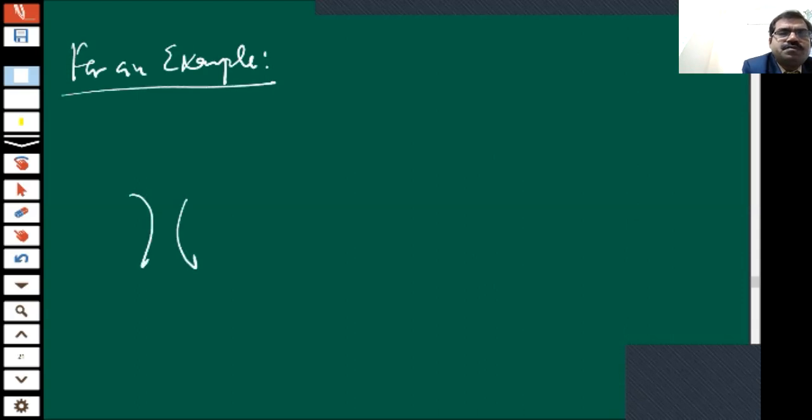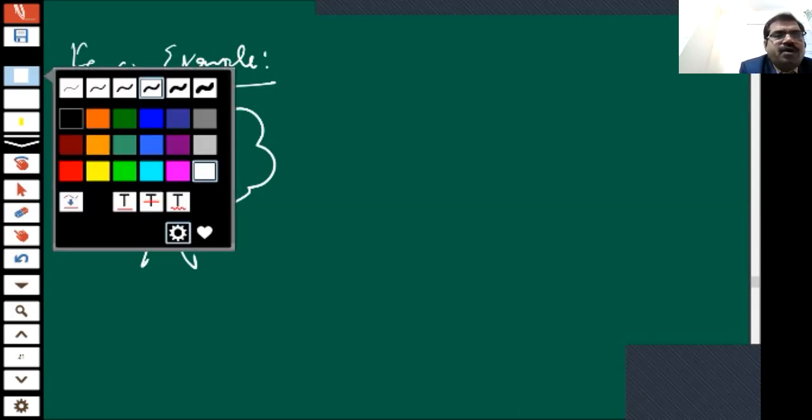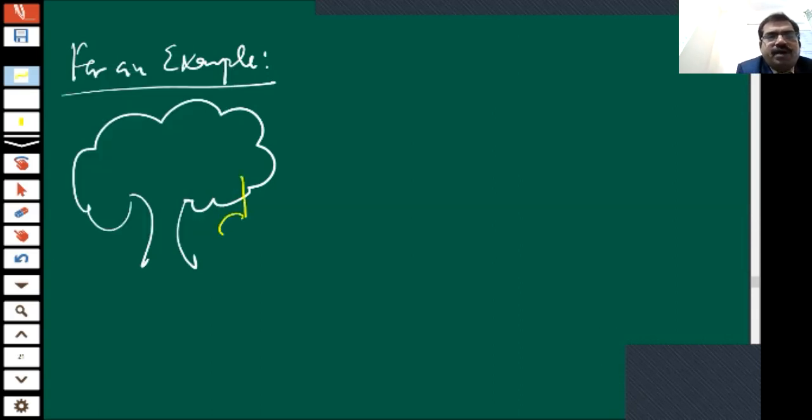For example, children, this is a mango tree, and suppose one mango is there, and here one student is there. If this student wants to remove this mango,